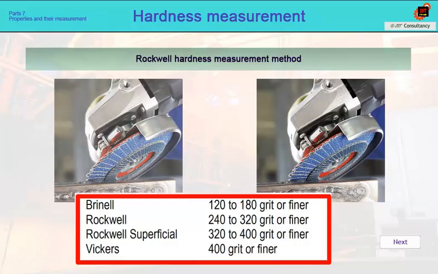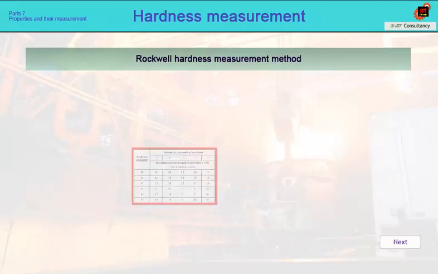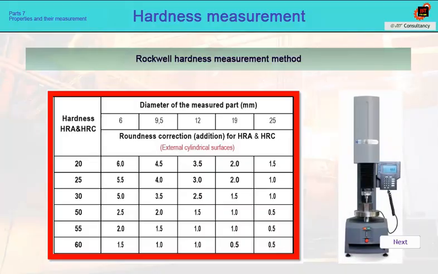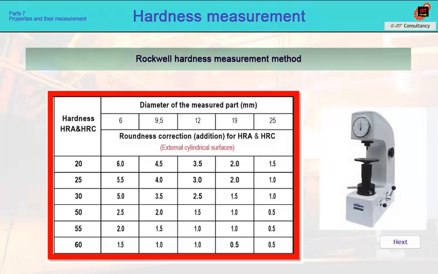In measurements using the Rockwell method, measuring cylindrical surfaces is a big problem. The measured values will not exactly correspond to the actual hardness. Therefore, a correction factor is introduced, which is implemented directly into the hardness tester software on some hardness testers. However, for older ones, the correction factor must be used from this table. It can be seen that only above a diameter of 25 millimeters does the measurement error fall below 0.5 HRC